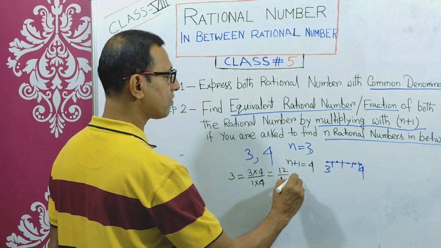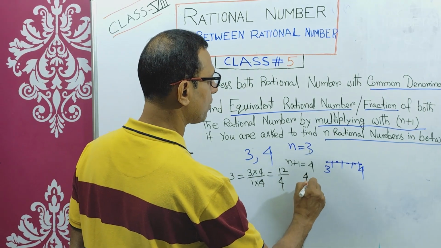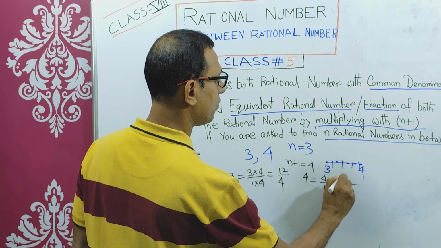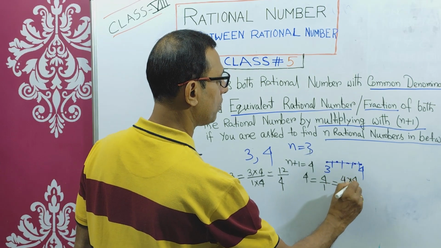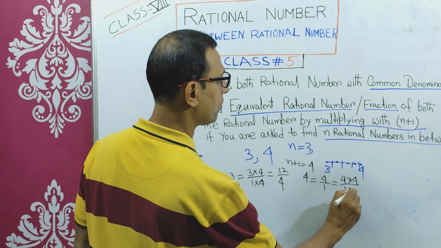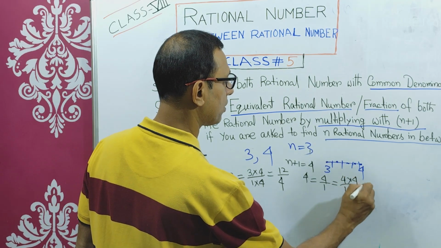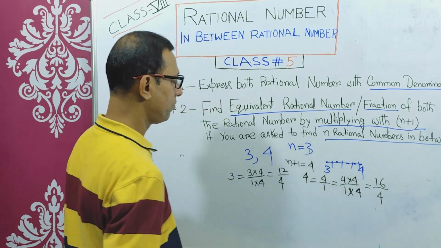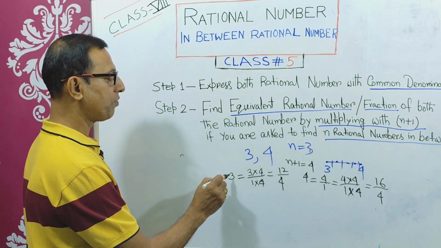What will you do for the next rational number? 4 equals 4 by 1. That means you will multiply with 4 into 4 plus 1 into 4 equals 16 by 4. So now 12 by 4 is the equivalent fraction of 3,